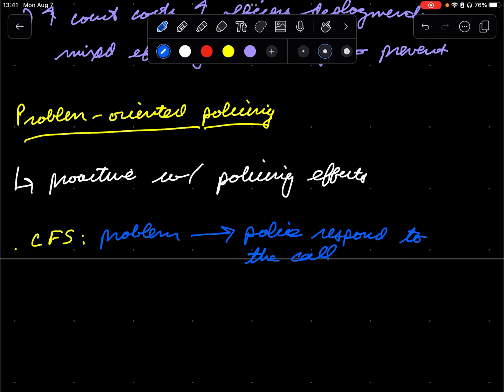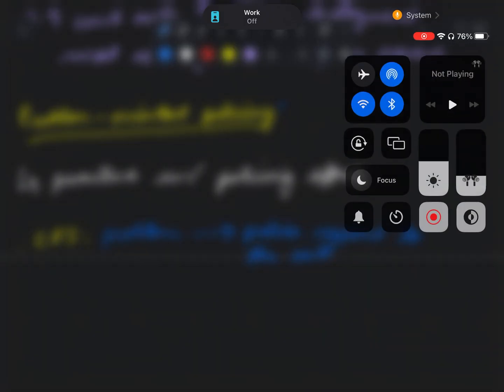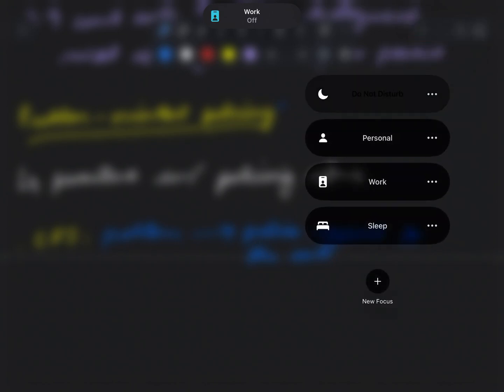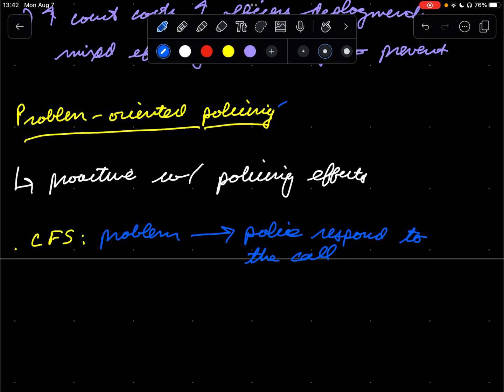All right. So we're going to finish off with a little discussion about problem-oriented policing, which is really what we think of as a proactive policing effort. This differs from calls for service, or CFS, in that typically for a call for service, there's a problem, police respond to the call, right? But under a proactive approach,